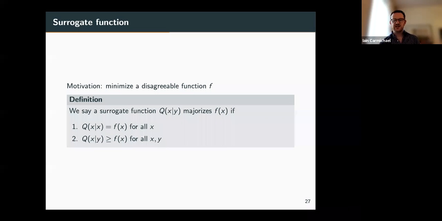Our surrogate function has to satisfy two properties. The way majorization minimization works is we take our current guess and construct this nicer function q. Say y is our current guess. We're going to construct some function q given y. Then q evaluated at y should be exactly equal to f of y, but for all other values of x, q should be at least as large as f of x. And I'll show a picture of this.